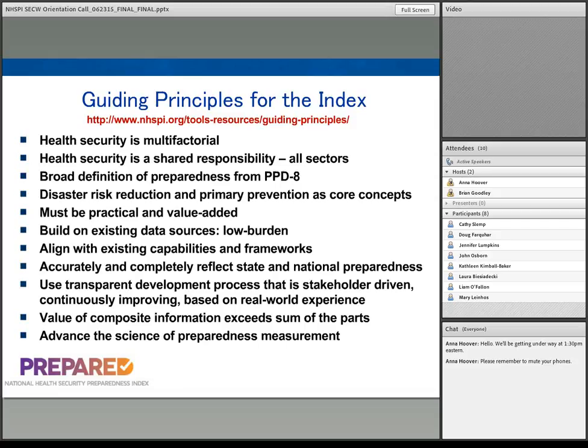So Tom Inglesby, the chair of the National Advisory Committee, has been involved in this effort since the beginning and was the steering committee chair prior to the move to RWJF leadership. We also have Bob Burhans, an emergency management consultant from New York, who was also involved in the index development from the beginning. Also on that advisory committee, the National Advisory Committee, are Anita Chandra from RAND, Anna Maria Jones